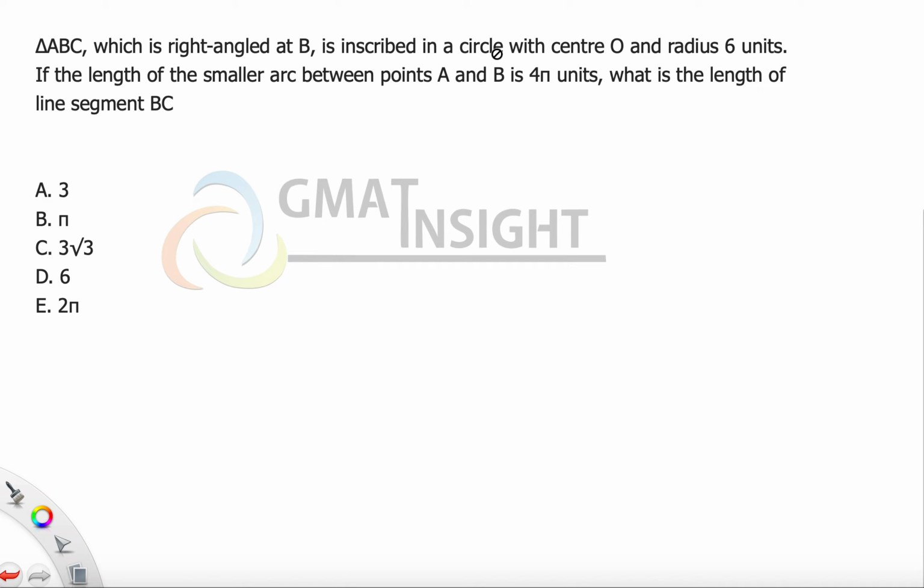A triangle ABC is inscribed in a circle with center O and the radius 6 units. If the length of the smallest arc between points A and B is 4 pi units, what is the length of line segment BC? Now, there are several things that I just wanted to mention right in the beginning before we start